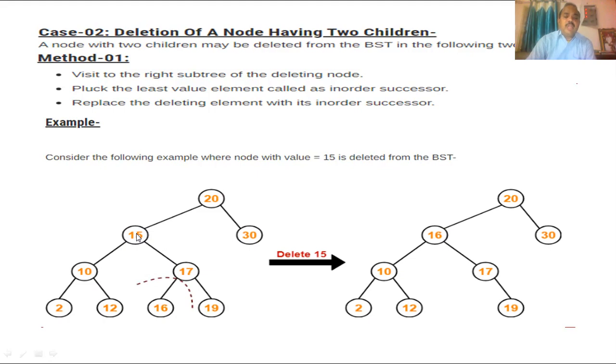To remove 15, we need to follow inorder. Why do we follow inorder? Simply because we should follow the inorder tree traversal. For example, in a binary search tree, in inorder all the elements are displayed in ascending order. That's why we follow ascending order by default, and that's why we should follow the inorder traversal.